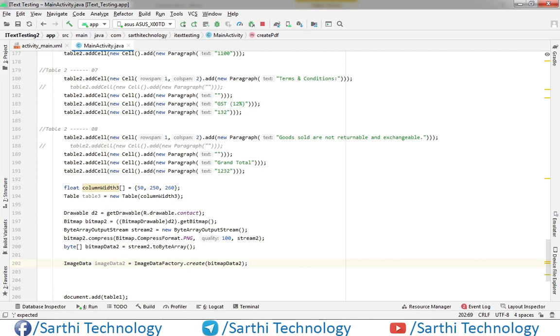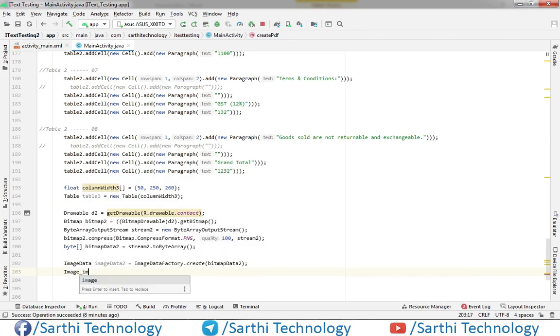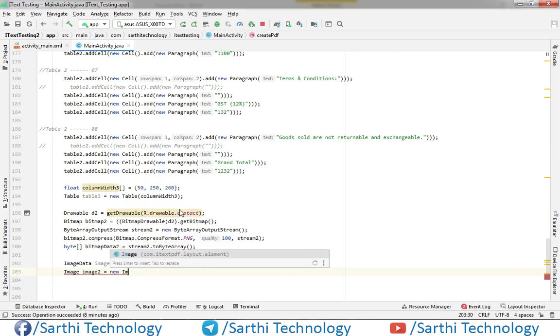Now create image object, image 2 equal to image data 2, and its height we will set to 120.